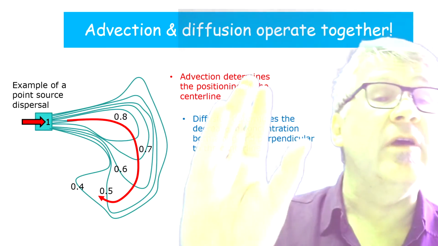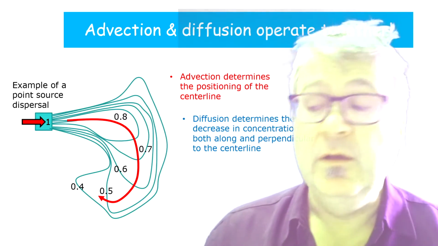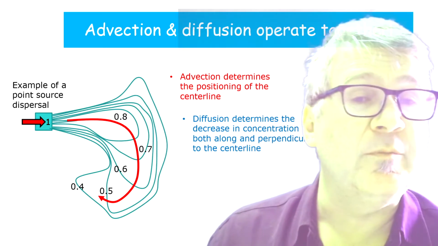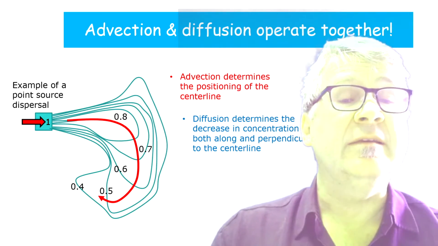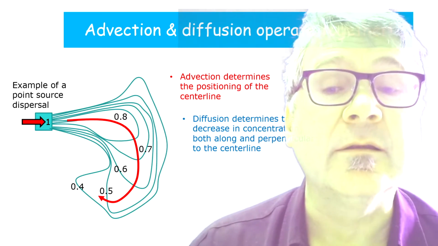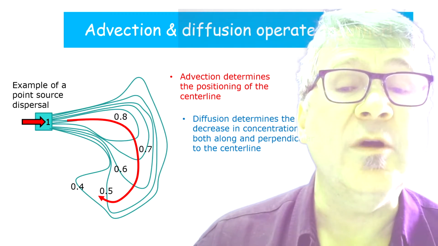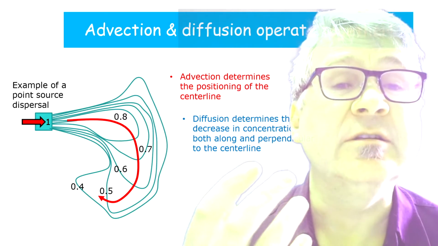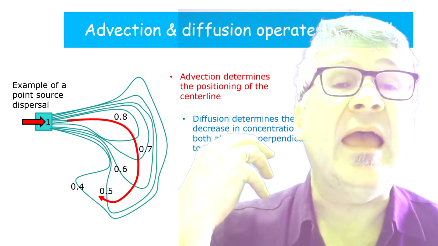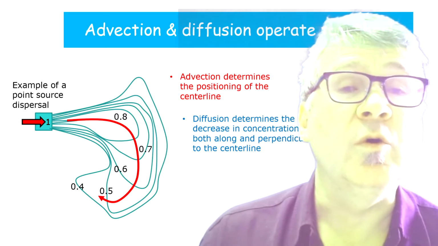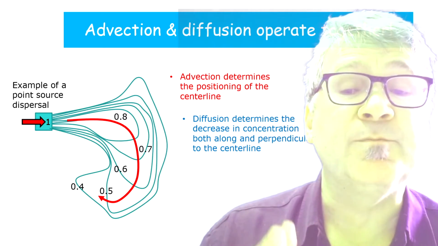So at the source you have 100% concentration, and then you can look at the distribution here. What you see is a center line, a line along which the concentration is at maximum compared to the direction which is perpendicular